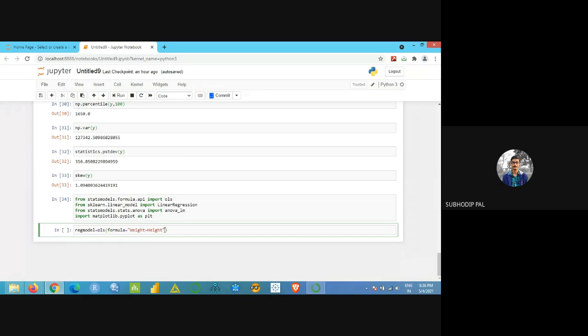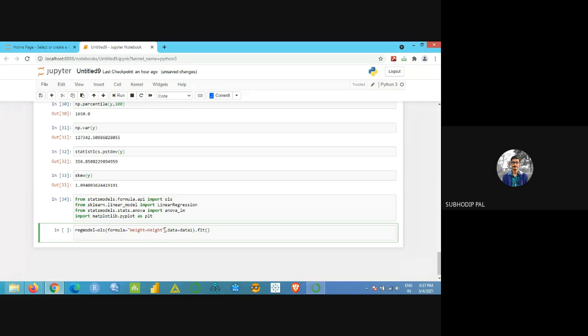Then come outside of the quote and write a comma. Then you have to define which data file you want to use for regression. So data equal to data1, my file name. data1, then .fit(), open and close parentheses, then enter.